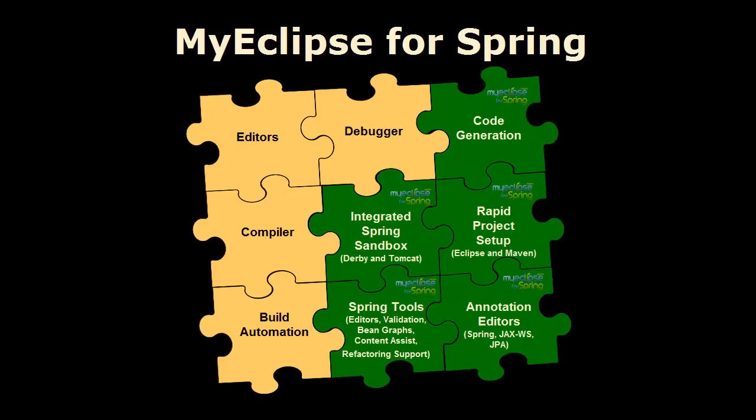a developer sandbox that includes the Derby database and Apache Tomcat and provides an instant environment for Spring development, Spring tools for maintaining Spring artifacts including project validation, bean graphs, content assist, and refactoring support, wizard-driven tools for quickly setting up Spring projects with all required configurations and dependencies, including support for Eclipse-based and Maven-based projects,